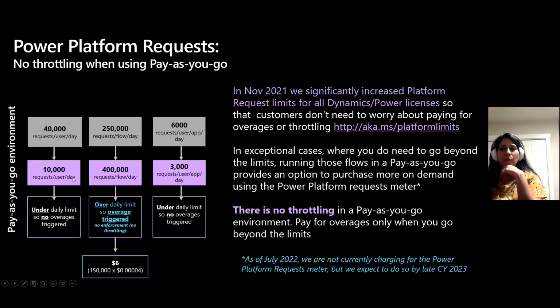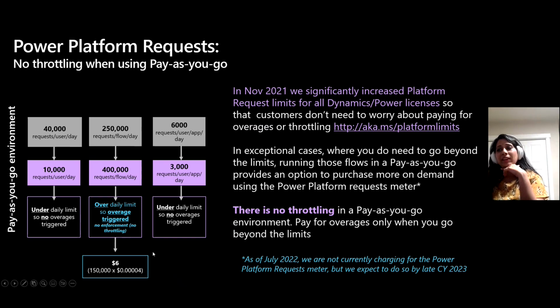You use 10K that one day. It is under the limit, so you won't see any overages. And if your flow is on per flow and 250K is the limit, and you used 400K, because it is higher, you won't be throttled because you're in a pay-go environment. For whatever excess you use, the 150K additional requests, you will see a corresponding charge on